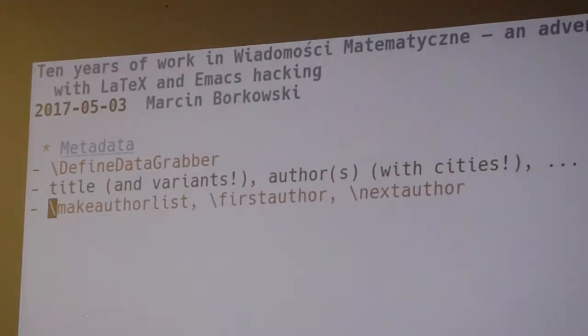Of course, the need for the first author and separate next author is because the next author also often starts with a comma, for instance. Because there is first author, then comma, next, and so on. So this is the simplest way to deal with that. Last author. But it's easy to have the first and then all the next ones. But if you want something else, A, B, C, and D. Yes. I never want it. Yes, but